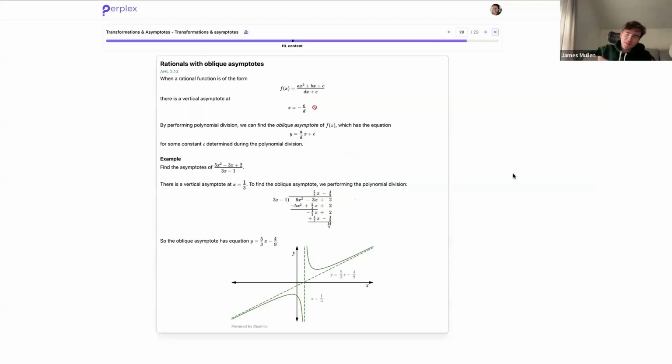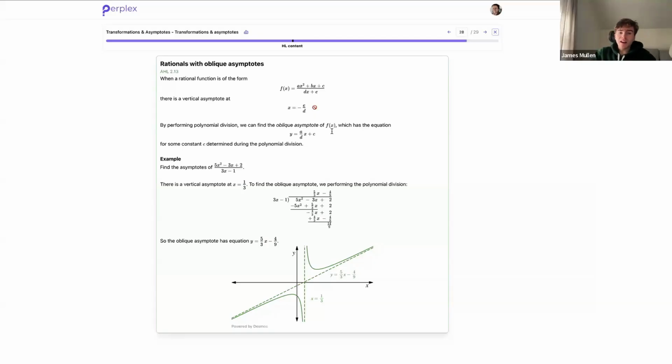Oh, this one is not fun. Rationals with oblique asymptotes. So if I take the opposite of what I was just talking about, which was when I had a quadratic in the denominator, and instead now I put the quadratic in the numerator, then first of all, I'm going to have a vertical asymptote when the denominator is 0, which is when dx plus e is equal to 0, so x is negative e over d. And then what I notice, if I perform polynomial division,